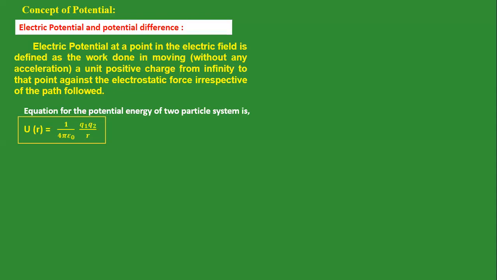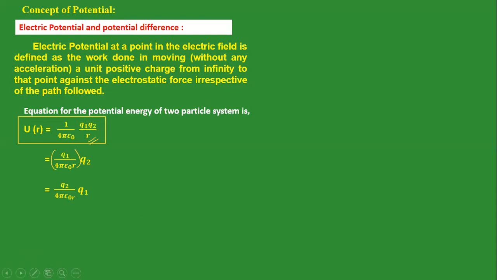This is the potential energy for a two particle system separated by a distance r. Now the same formula we can write like this, taking q2 outside,